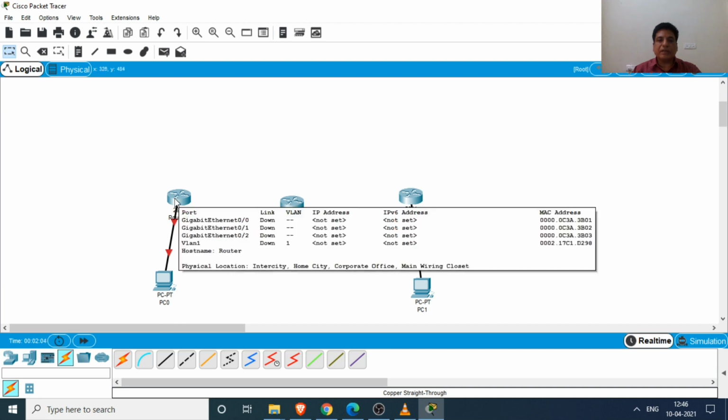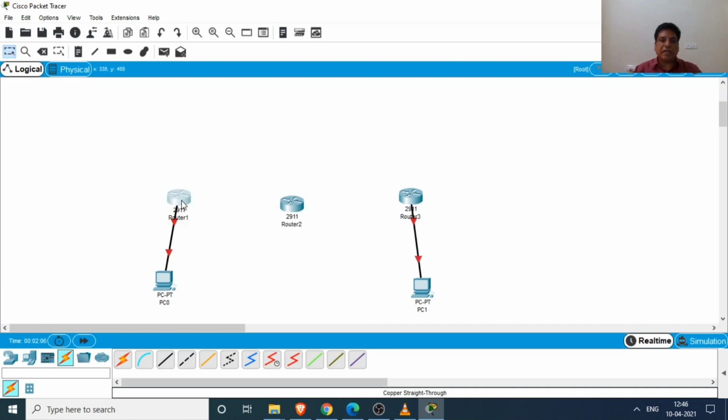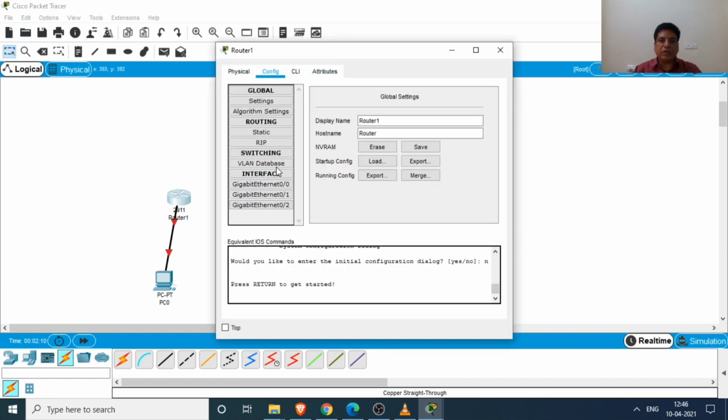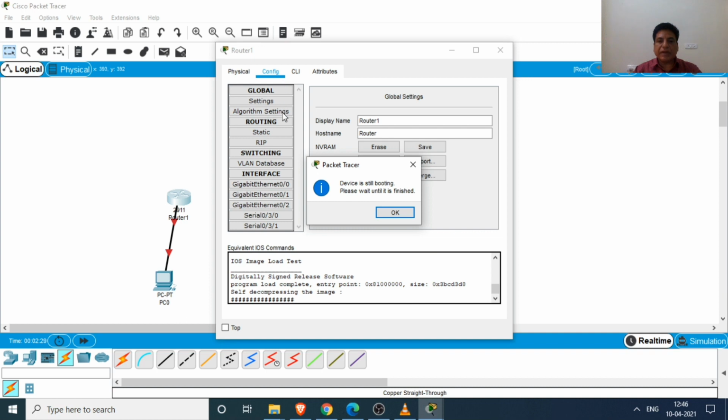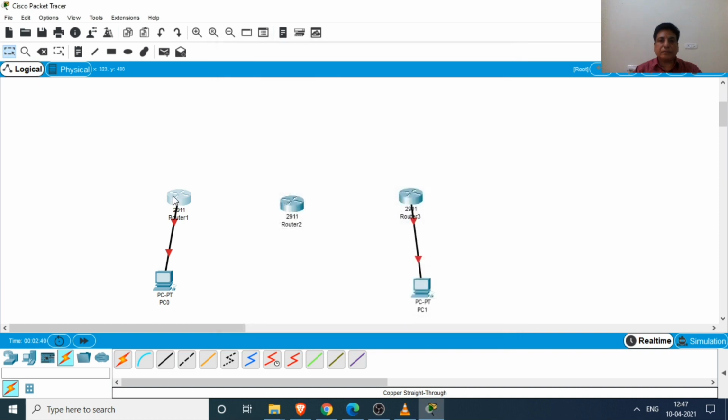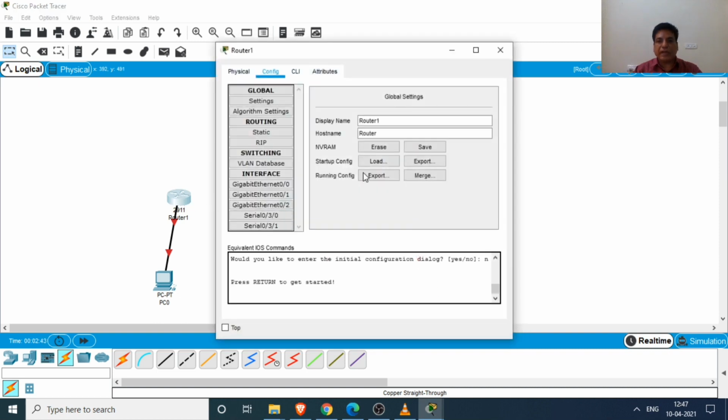Now we are first adding the serial ports in the routers. As we know, the router does not have serial ports by default, so first we insert the serial port. First we click on the HWIC-2T, then switch off the power, then drag the ports, then power on the switch. Then we find that the ports are added and the router is rebooting. Now we find that in the first router 2 ports are added.